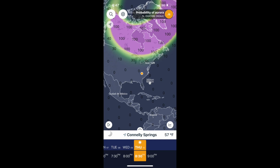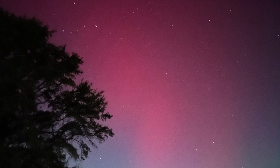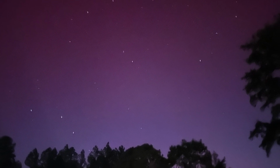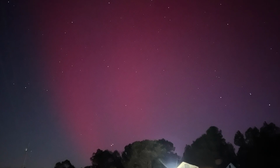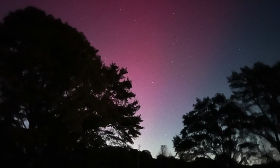Oh, so I'm seeing the Aurora Borealis out here tonight. We saw it months ago. I'm looking straight up into the sky. There's like this red ring going across the sky, like a red rainbow, and coming down over here on this side. I had a chance to look at this weather app, and it's showing a strong Aurora Borealis. It's really beautiful when you start taking pictures. The video is very dark, but the pictures just really bring out the color and all the light